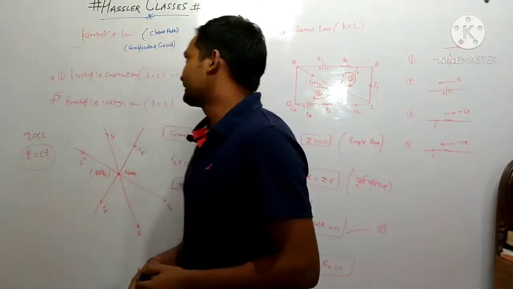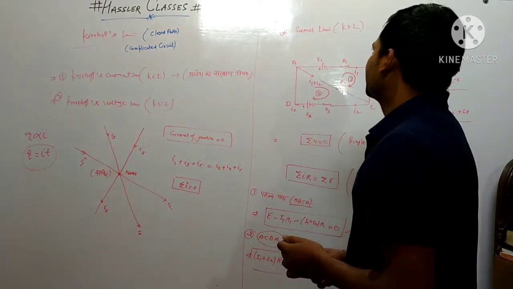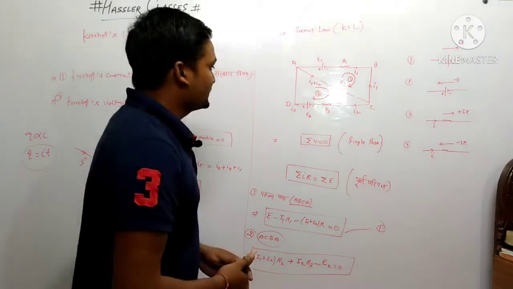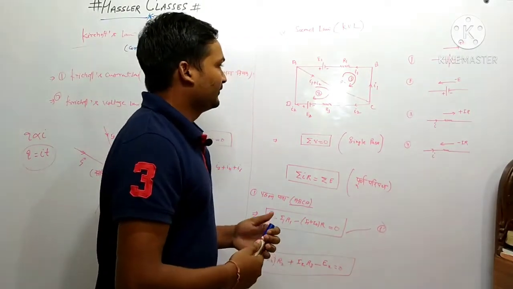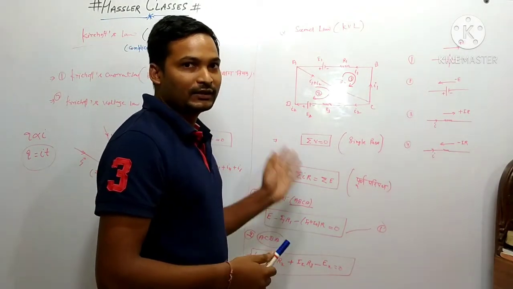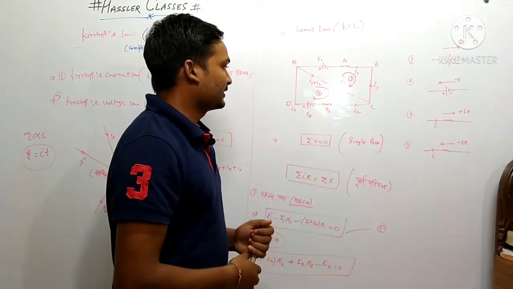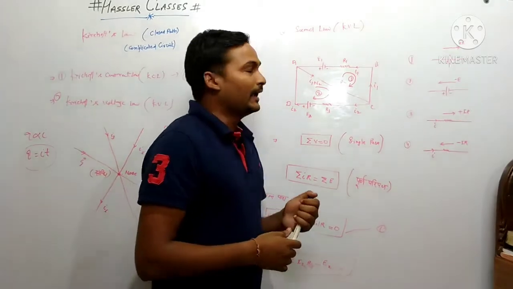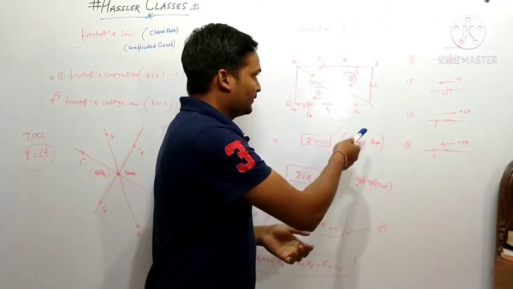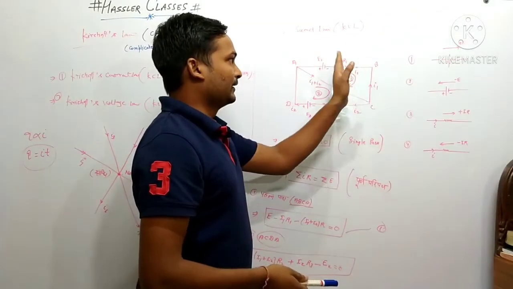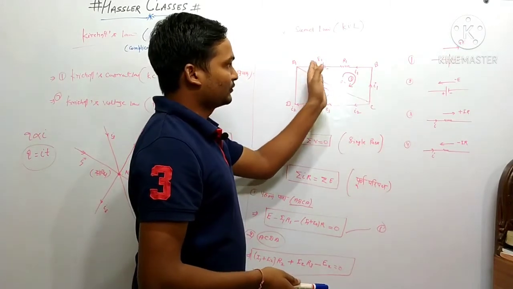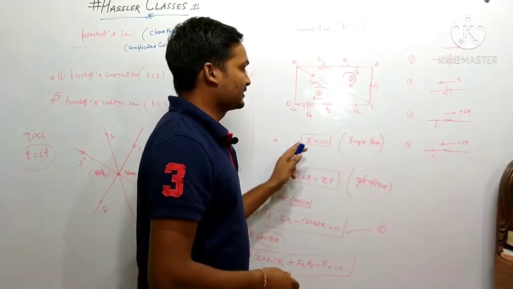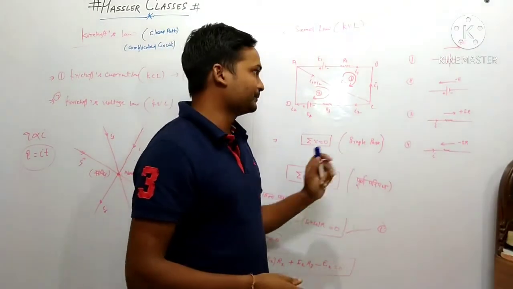Now let's discuss the second law, that is KVL, the Kirchhoff voltage law. This law depends upon the path, so we can say it is the path law, and we are discussing first what a path is. A path is nothing but simply a closed circuit, when we are moving the current through resistance and EMF as well. So a closed circuit must be a path. In a single path, the summation of voltage should be zero.